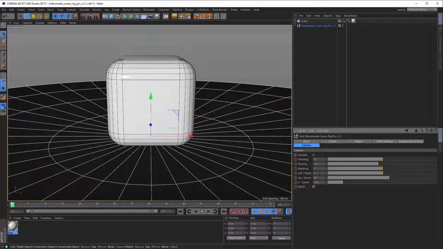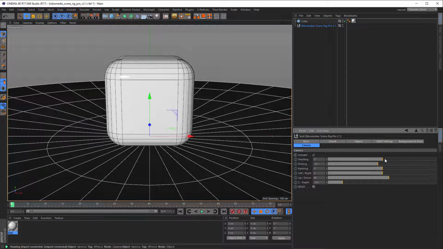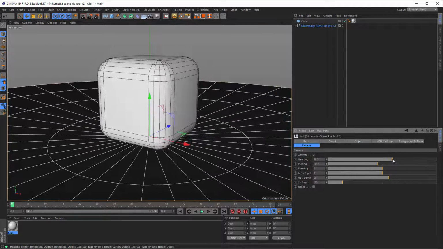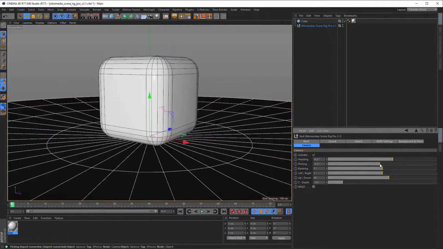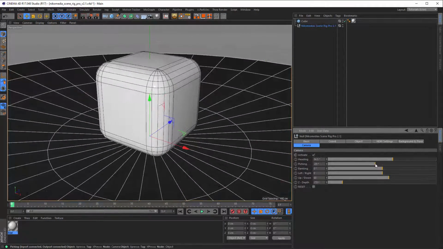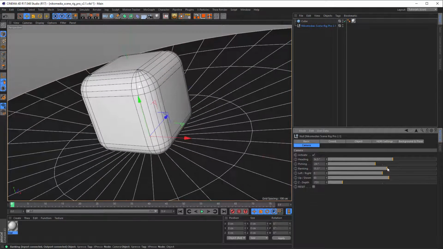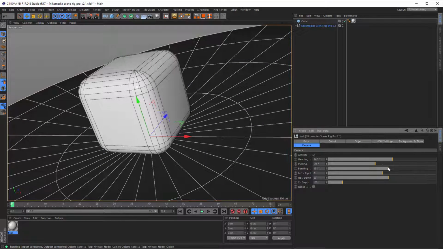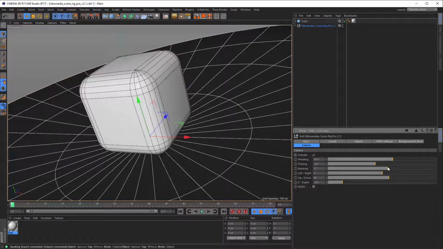Left, right, clear. And here you can easily find a nice position for your game. And I like this one. If you have a thing, turn it a little bit so you can create really interesting positions. And if you render this now,